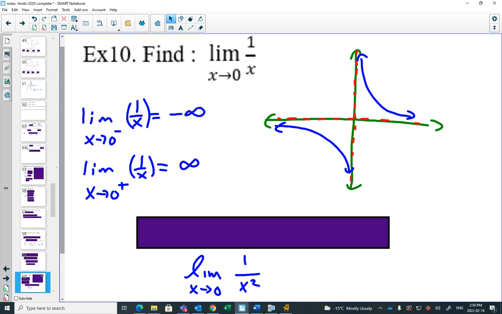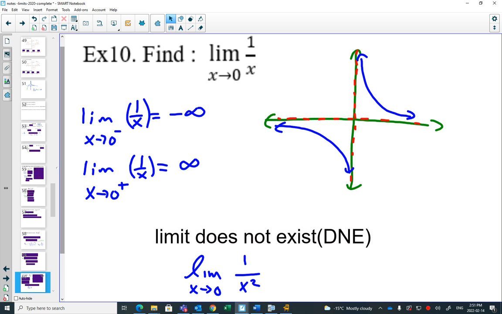And again, some textbooks will say it does not exist here, but we will say, yes, there is a limit. It's equal to negative infinity, because if you go from the left side, we know that our graph keeps going down forever. But if we go from the right side, it keeps going up forever. So from the left side, it's negative infinity. From the right side, it's positive infinity. This limit does not exist. But the second one does exist, and we would say that it's equal to infinity.